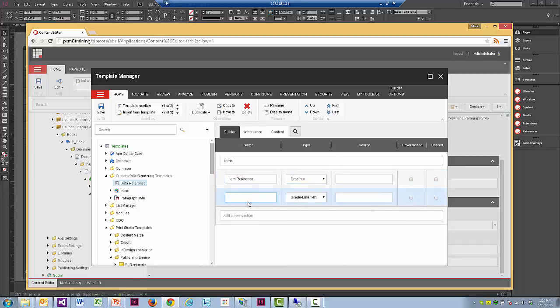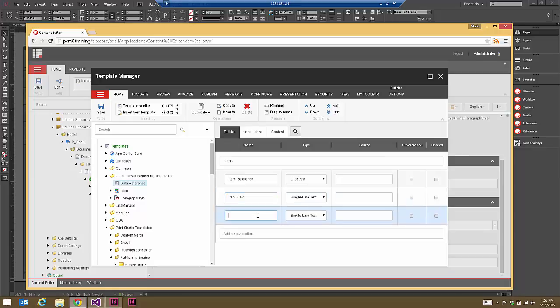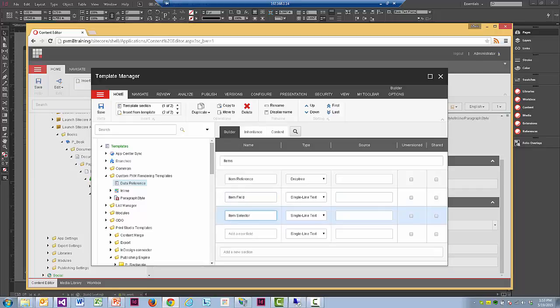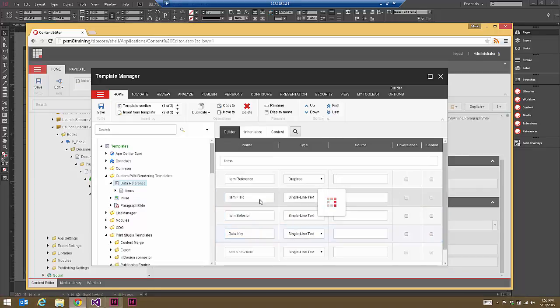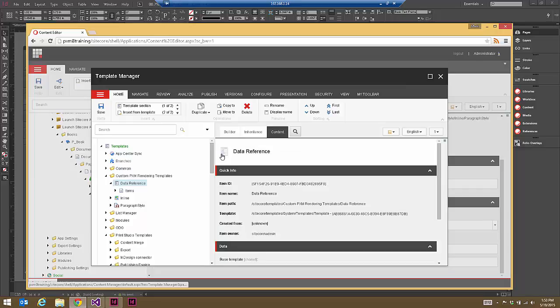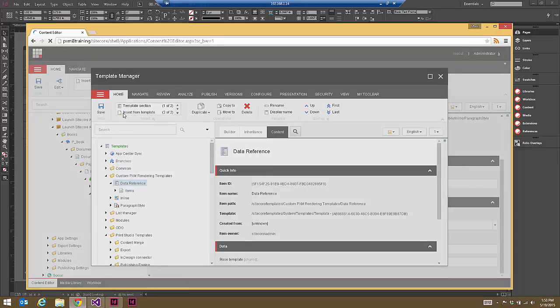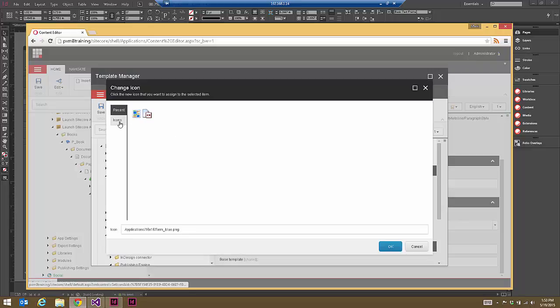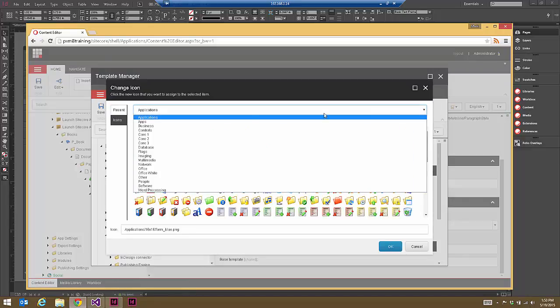Item field is single line text. Item selector is single line text because that's coming from XPath, and the data key is single line text as well. Once again, I will give this a little icon, and then this is something that I can inherit